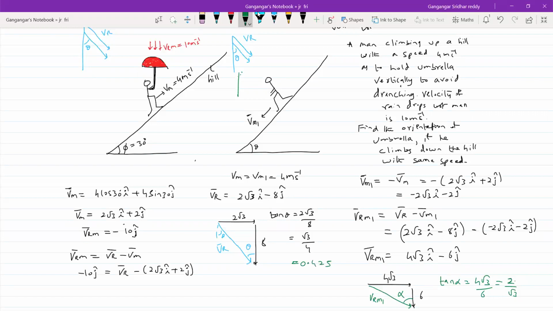Tan inverse of it, the value is 23 degrees. This theta is 23 degrees. 2 by root 3, root 3 value 1.73. So 2 divided by 1.73. Sir, 49.1 degree, tan inverse. Okay, fine. So our answer will be